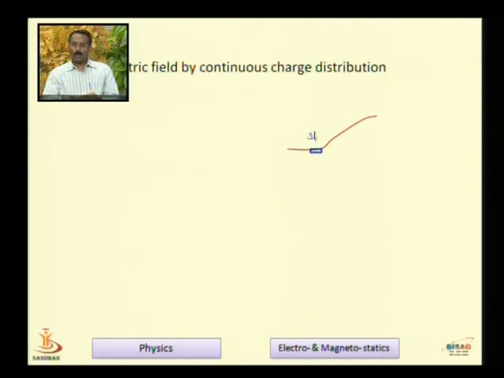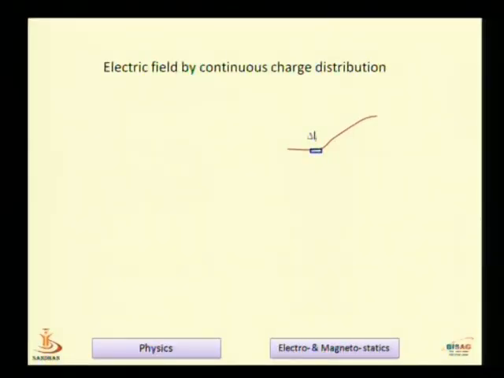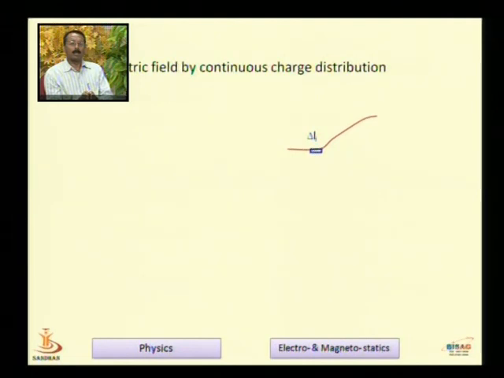But in order to calculate the electric field, here we are considering a small segment. So this delta L1 that is given in the PowerPoint presentation is nothing but a small segment, and this small segment we can treat as linear, and the charge on this small segment is delta Q, and we want to find the electric field at point P.